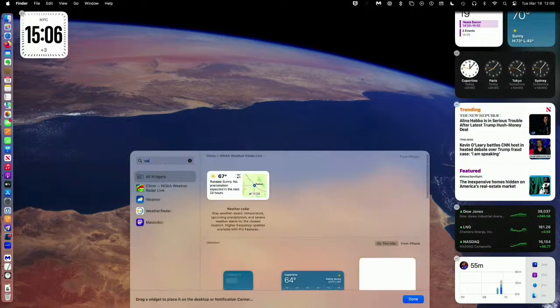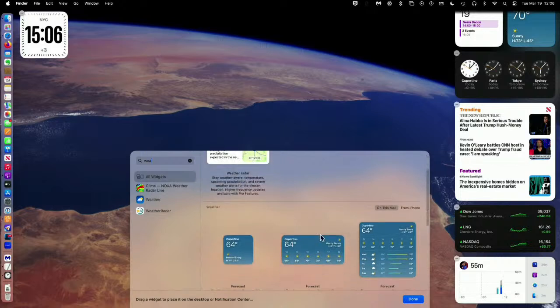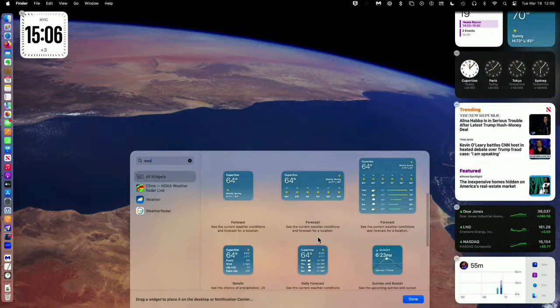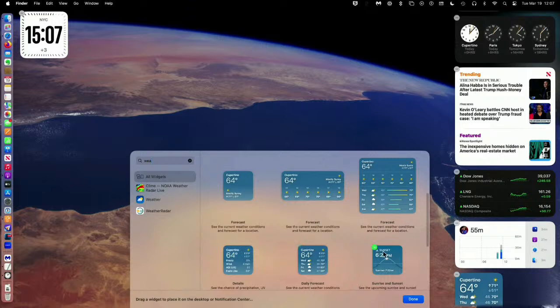So WEA, and as you can see, we have lots of different selections for the weather widget. I'd like to know what's happening in the future, so I am going to get this weather widget that has a